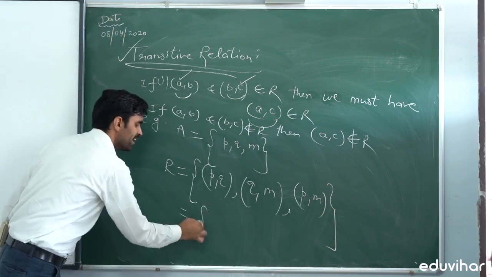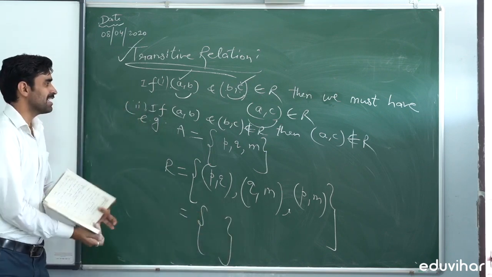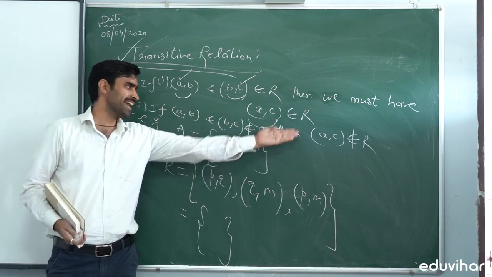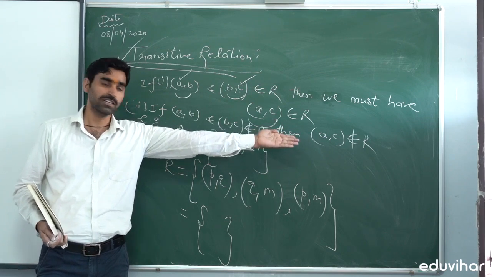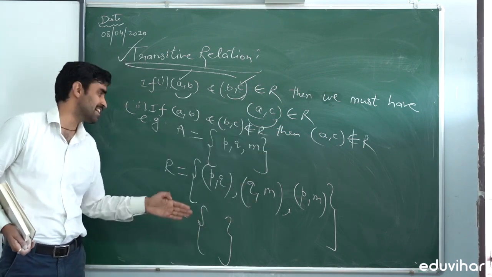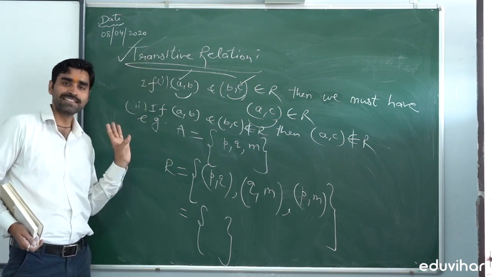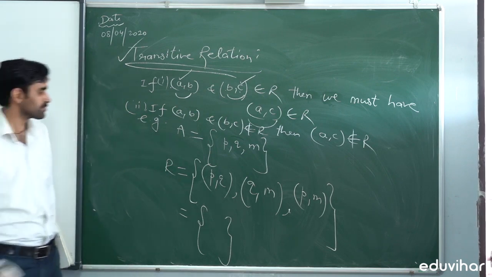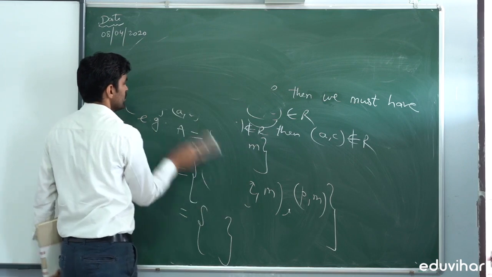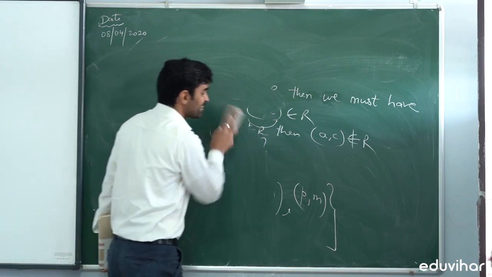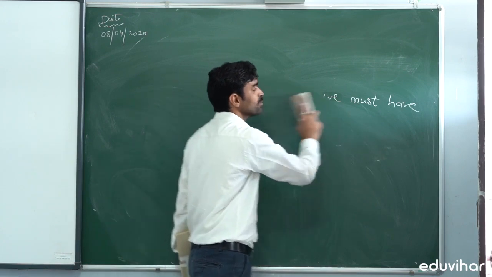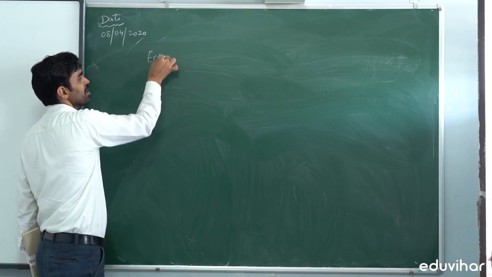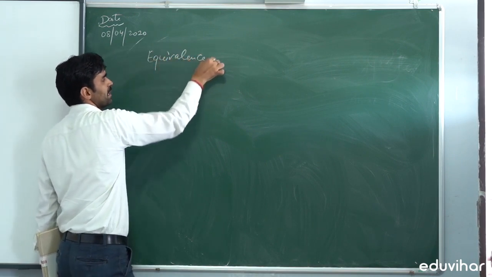Again, we can say for the empty relation, that is, here neither AB nor BC belongs to the relation, so AC also does not belong to the relation. So the empty relation is also a transitive relation. We can say the empty relation is symmetric as well as transitive. Okay. Now these three, reflexive, symmetric and transitive relations, combine together to form a new relation known as the equivalence relation.